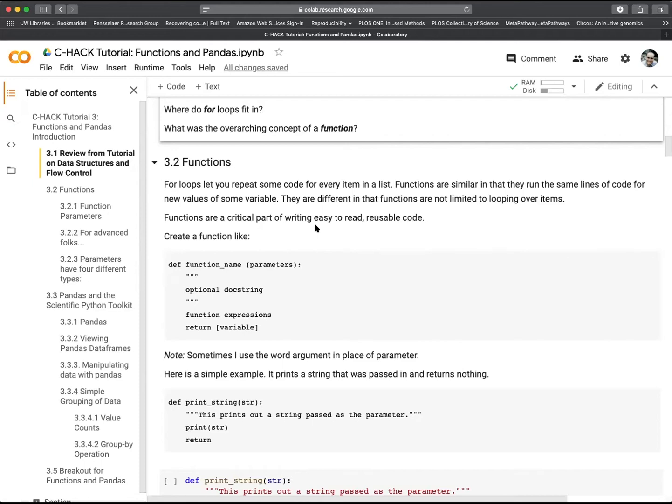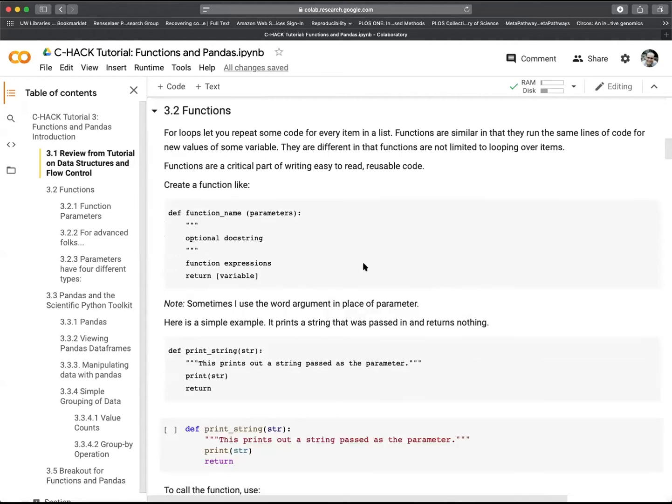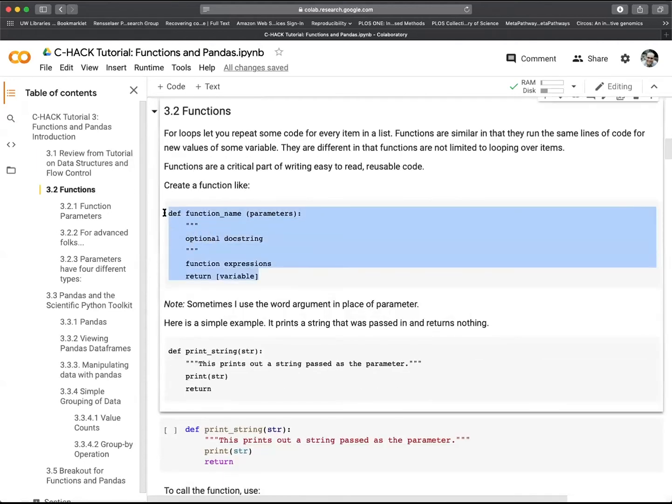There's one function that we've been using over and over and over again, which is the print function, right? You give it a variable or a value and it prints it out. So that's probably the function that we've had the most experience with. But you can define your own functions, and that's super cool, and that's what we're going to talk about right now. So the general form for defining a function looks like this,